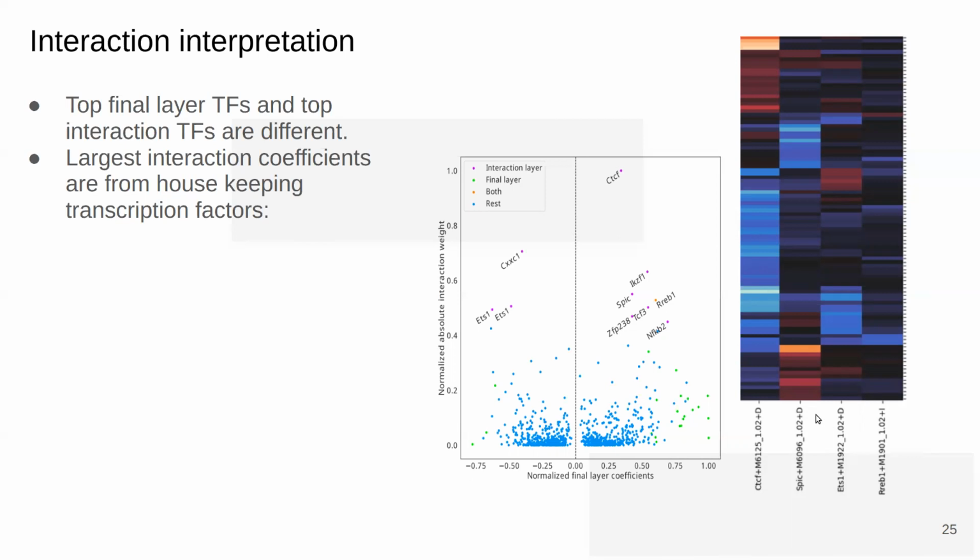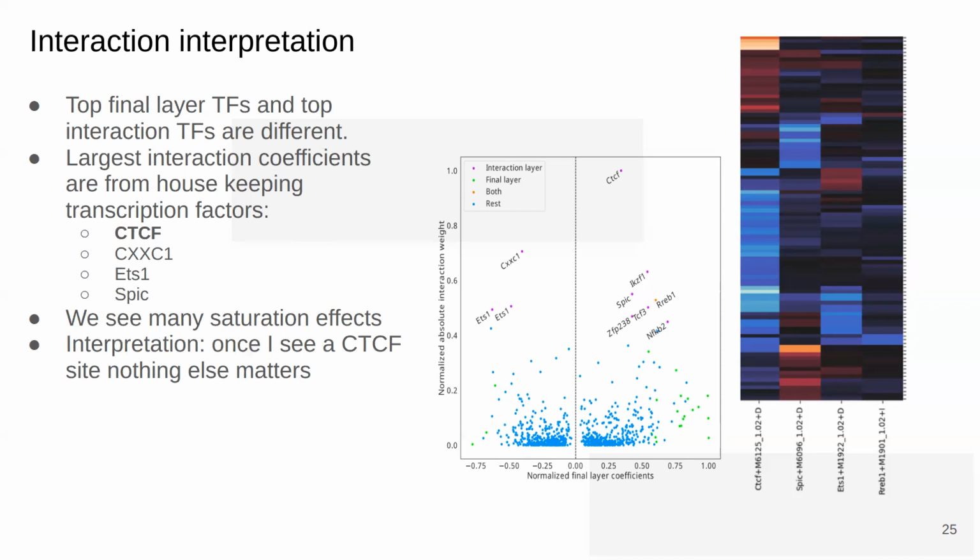Zooming into the actual interaction matrix, we're just plotting the interaction coefficients between some of these top interactors and all of the other TFs. This is signed, with blue being negative and red being positive. One thing we will note is that this heat map is really quite dominated by blue. And blue is a negative interaction, which, translated in a biological sense, is just a saturation effect.